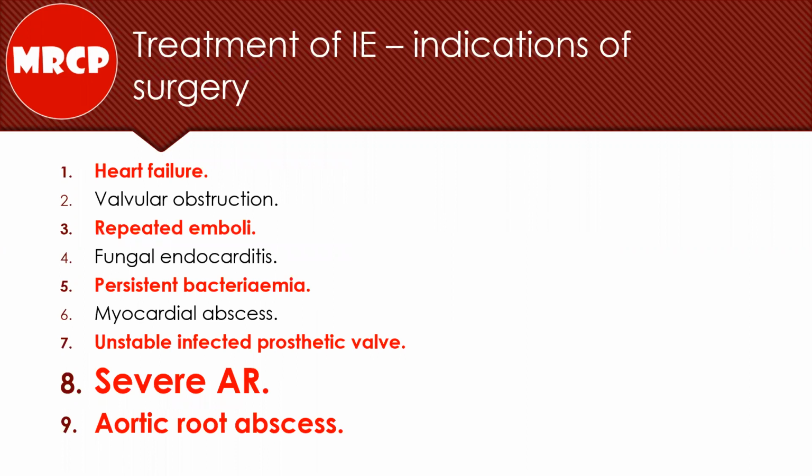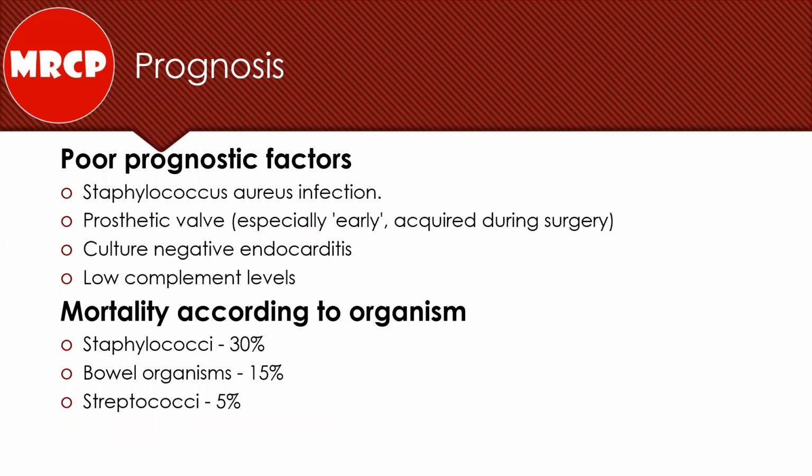How can you recognize an aortic root abscess? A patient with fever, a new onset murmur, or a change in the character of an existing murmur, and on ECG there is a prolonged PR interval or complete heart block. I suspect aortic abscess. This is an indication for surgery. No antibiotic can correct this clinical situation.